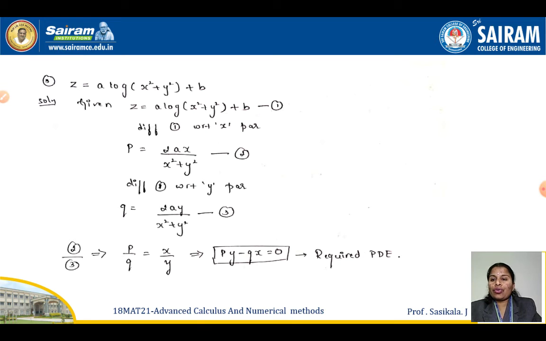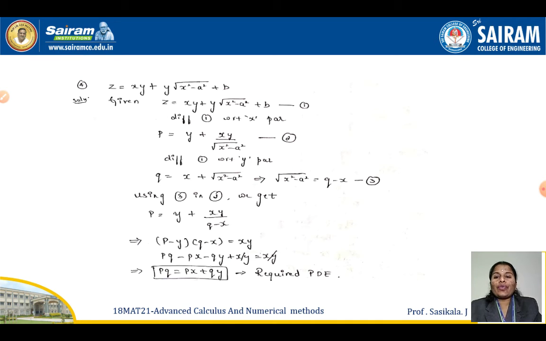Now you can see one more problem. So your fourth question is z is equal to xy plus y into root of x square minus a square plus b. So differentiation with respect to x. So x into y plus xy, isn't it? So first y, again root x, what is that? 1 by root x is your differentiation of root x. So root of x square minus a square, 1 by 2 root x. So I'll get 1 by 2 into root of x square minus a square into x squared will give 2x. So 2 is getting cancelled, I have written directly.